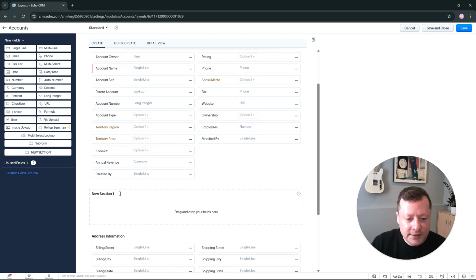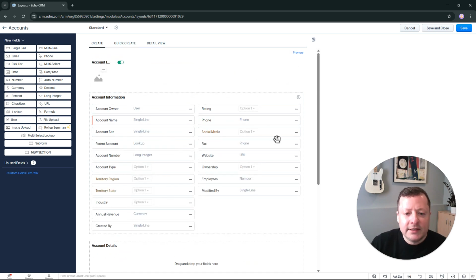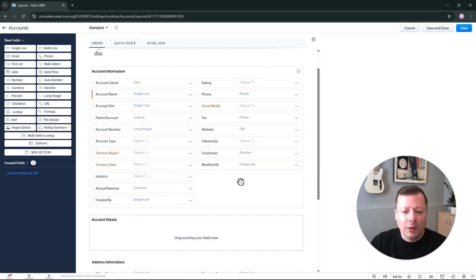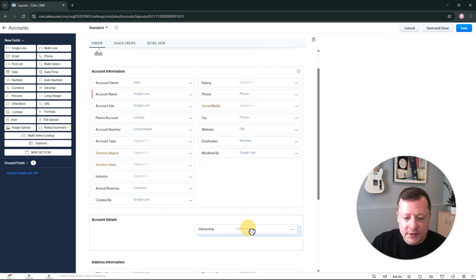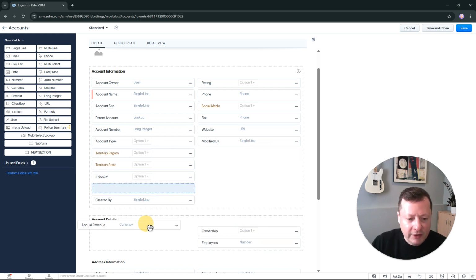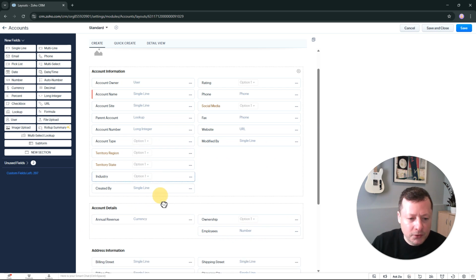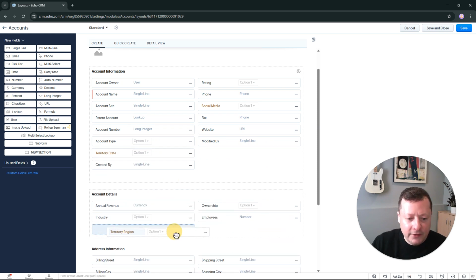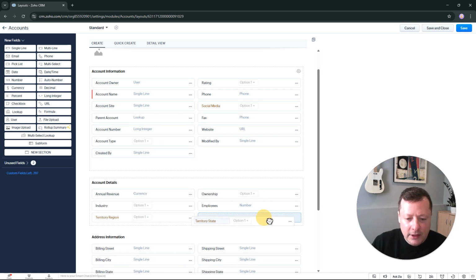And let's call this account details. So what I want is my contact type of information for the account up at the top, like the account name, phone number, fax number, which is kind of funny too. I would probably get rid of fax number, website. All right, but then what I want to do is bring some of these details like number of employees, ownership, whether it's a public or private company, their annual revenue, industry,